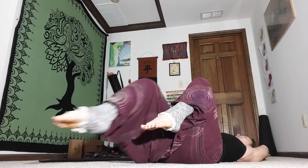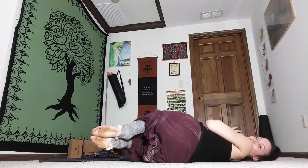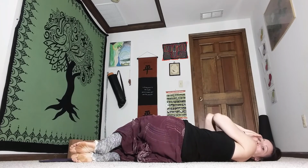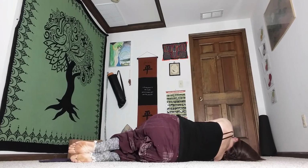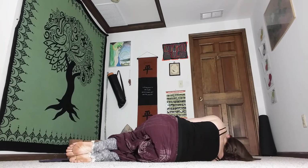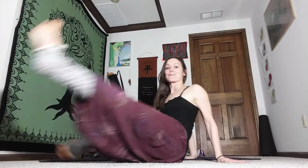Allowing one knee to come into our chest at a time, hands to our heart, gently rocking over to our right side, hands underneath our head, preparing our body for motion. Taking a deep breath here, and then pressing through the ground below it. Coming back to our seat,